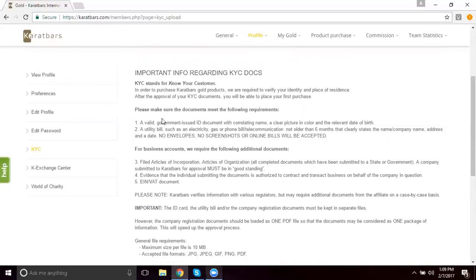So in order to do this, they need to upload separately. Make sure they're uploading the documents in separate tabs. The documents must be a valid government issued ID with the same name as they registered with, okay? Or something close, like if somebody is Charles and they registered as Chuck, we can get around that because that's a nickname. You need to make sure it's a clear picture in color and also has the same date of birth. And then some type of utility bill, could be an insurance bill, could be anything like that that is